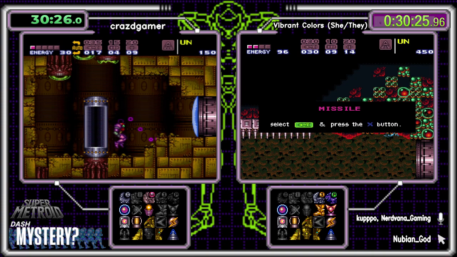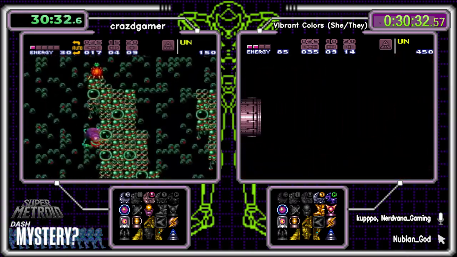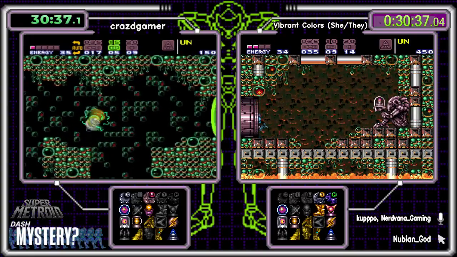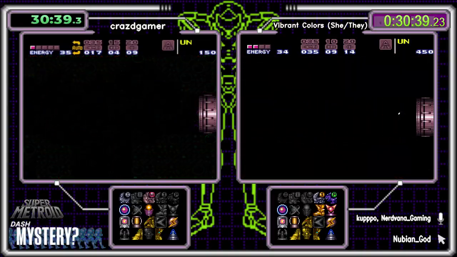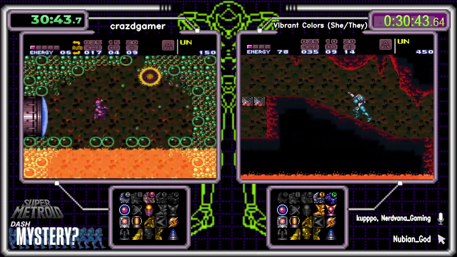All right, checking the miner. Not sure I would be checking the miner, although maybe just praying it's an E-Tank. And let's see what we got here at the vanilla speed location. Missiles, yeah, that's just kind of trolly there. Yeah, I gotta say, speed is definitely not the one I would...